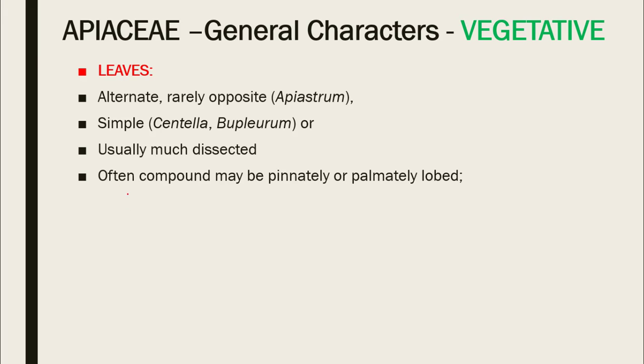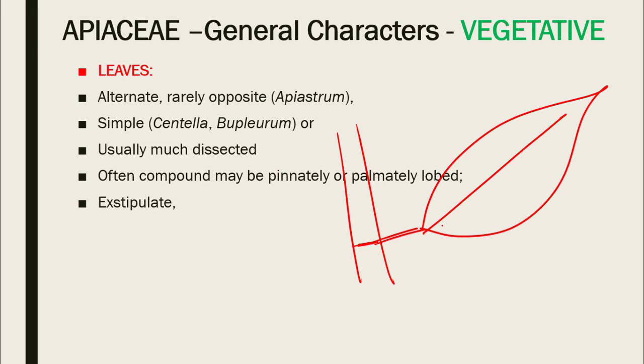The leaves in Apiaceae are often compound, which may be a pinnate compound leaf or a palmate compound leaf. Next is the exstipulate. Exstipulate leaves. If you take a look at the leaf, for example, this is a stem, this is node, and a leaf is arising from the node. So you will find a couple of outgrowths at the base of the leaf, and these outgrowths are usually known as stipules,